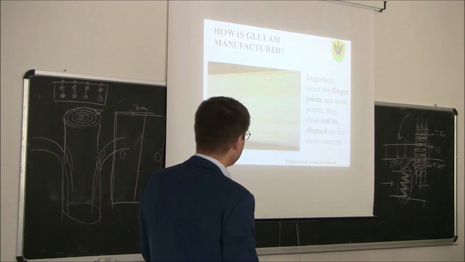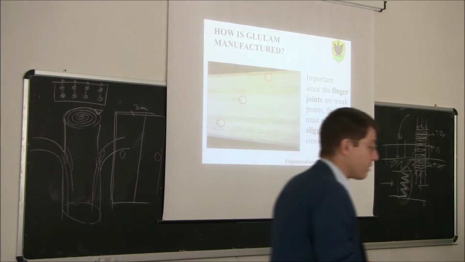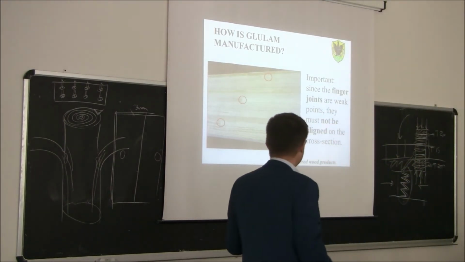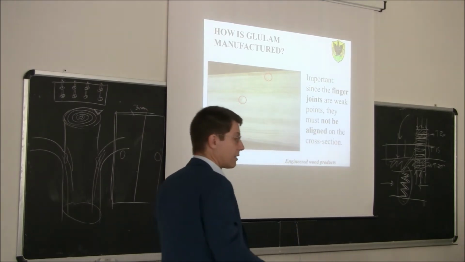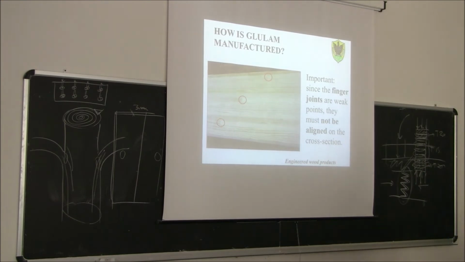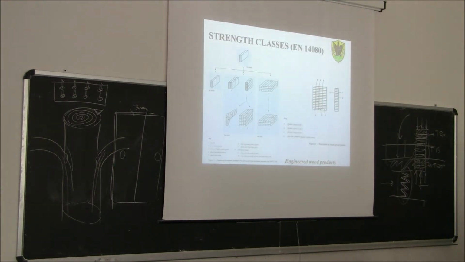An important general rule is that finger joints, which are anyway a weak point, should not be aligned on the cross section. So the idea is that the finger joints should be on different cross sections. In terms of strength classes for glued products, there is a new regulation that has been produced a few years ago, this EN 14080, where there is a very clear definition at the beginning